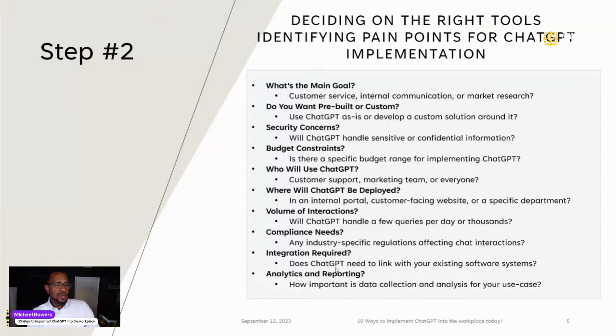But also another thing is the volume of interactions. Who's going to be using it? How often are they going to be using it? Because that's when you want to make sure you get, like, ChatGPT, the Pro version, the Plus version, I think is what it's called specifically, which allows for 50 interactions within an hour before it makes you wait for longer. So understanding those kinds of limitations when you have your team using them, just knowing they can only get so much done in a day, or when they know how to use it, they can use it more efficiently.